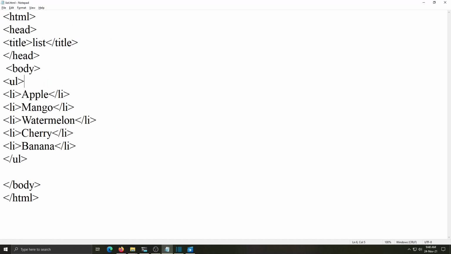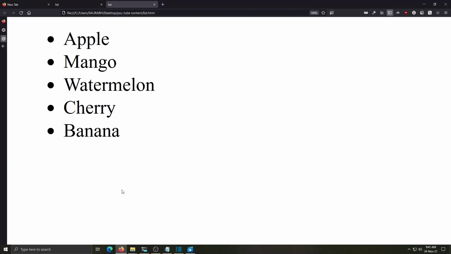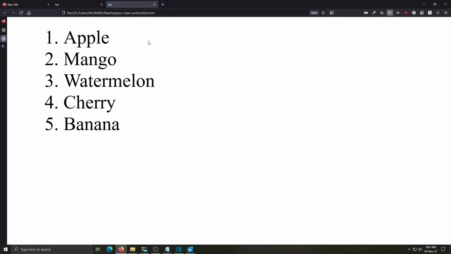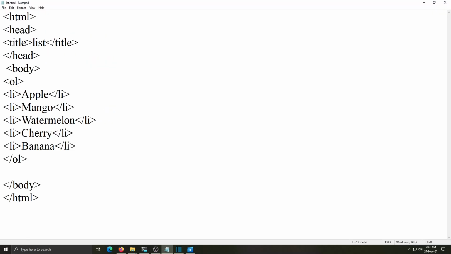Now in the same program we will make changes to change the type of list. In place of UL I will write OL, ordered list. O for ordered. Save these changes and go to the browser, refresh. See, this list is displayed in numbers 1, 2, 3, 4, 5. So what we learn here: two tags, OL for ordered list and UL for unordered list, and in that the li